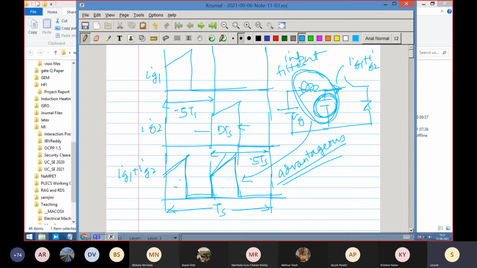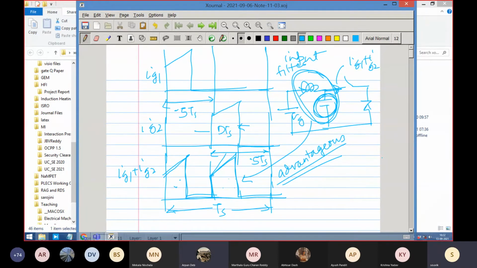Sir, for a two-phase buck converter, what happens to the critical values of the inductor, like K critical, those things? Oh, K critical. You take it individually: take half power and analyze it. Just consider half power, because inductor current is the individual inductor current. So that will be decided based on the half load current and things like that. Have I answered you?